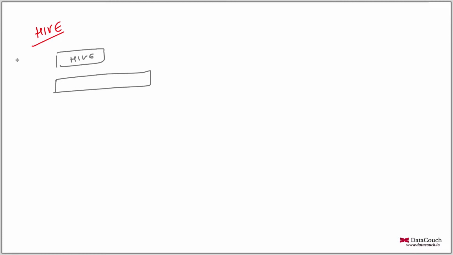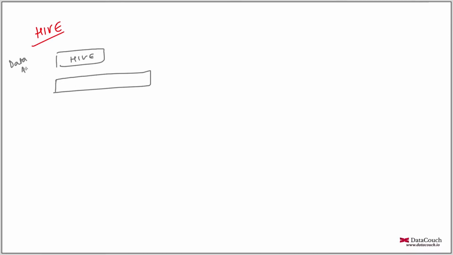Okay, so now we are going to discuss Hive. We will start with the basics of Hive, and then we will also discuss why Hive is required, and then we will be discussing some internals of Hive, like how does it actually work. The Hive framework was developed by Facebook in 2007 or so. It was open sourced. So basically, Hive is running on different technologies, different data processing engines.